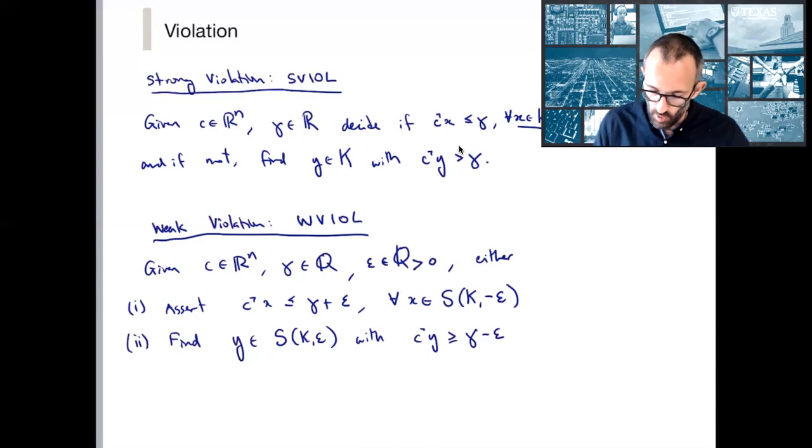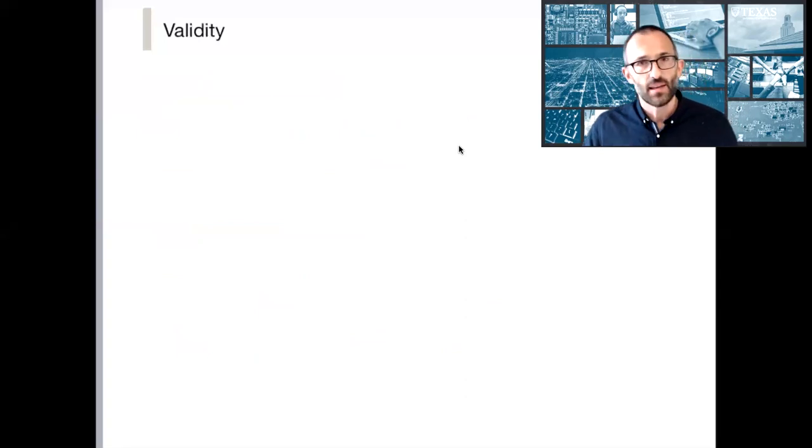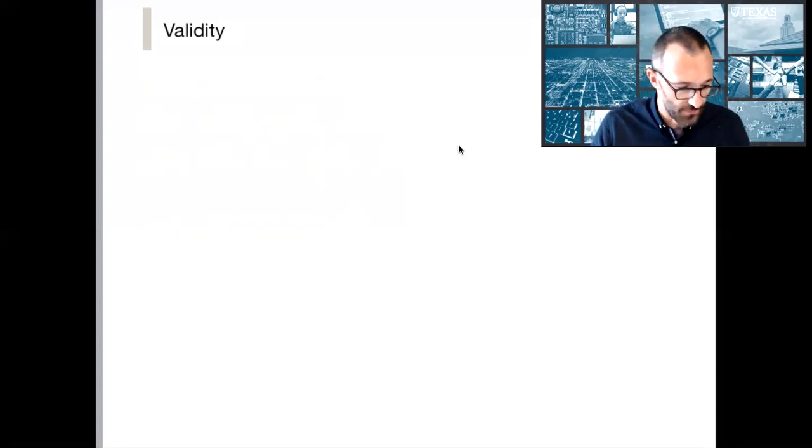So it's saying either assert that the given inequality C transpose X less than gamma is almost valid for almost every X, or find a Y that's almost in K that almost violates. So that's what this is. Validity is exactly like this, like violation, except it doesn't ask you to produce that Y. So the strong validity